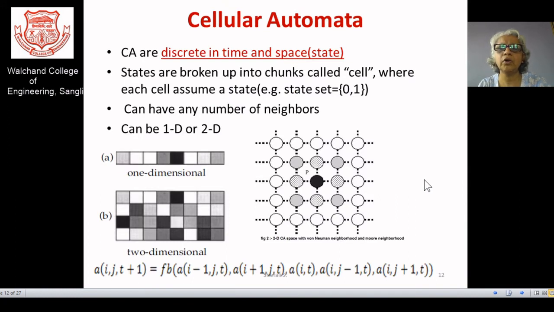Now the next one I would like to go for is cellular automata. Cellular automata is interesting for me because it is discrete in both time and space. So what I would like to say is that if any code is generated and passed from one position to another, that means across this space the code is changing itself, or even if some time interval pattern is given, then after some time duration the code is changed.